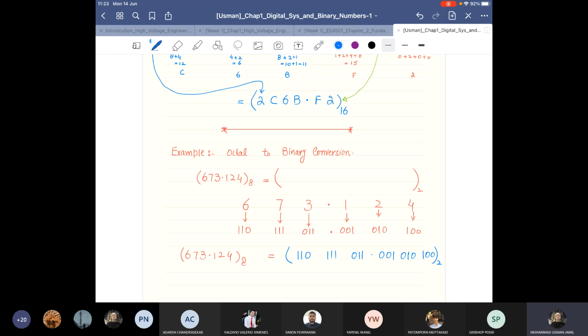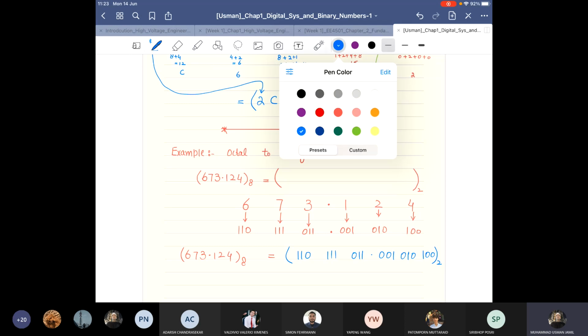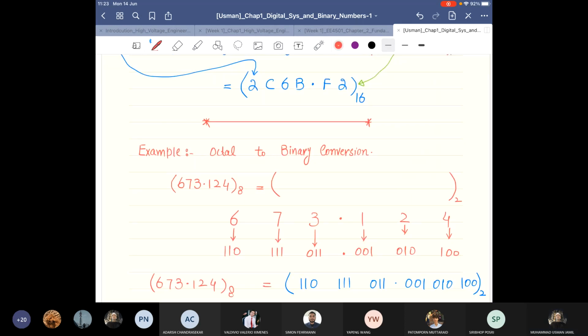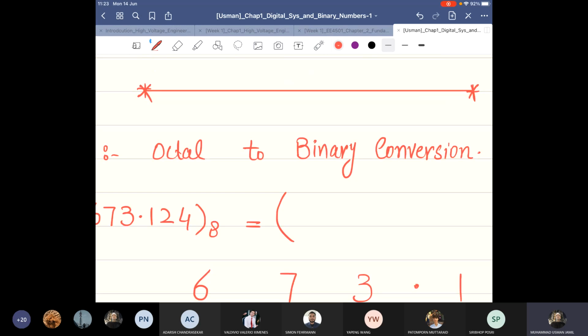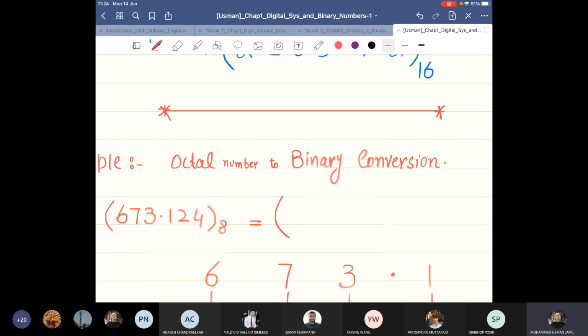This is how we can convert our octal number to a binary number.